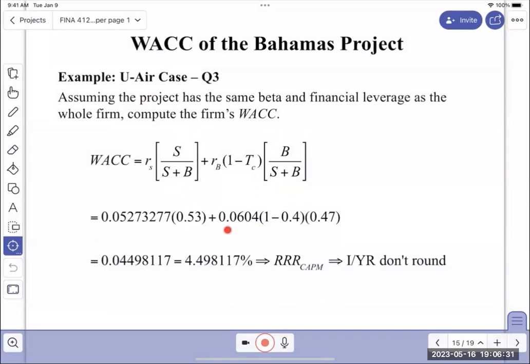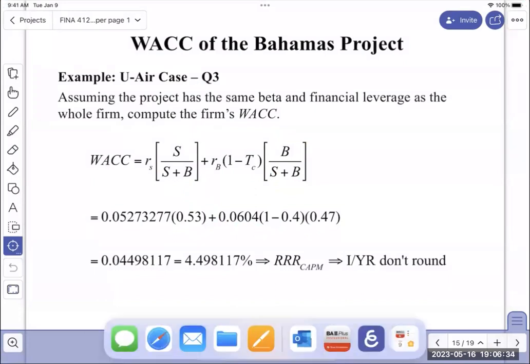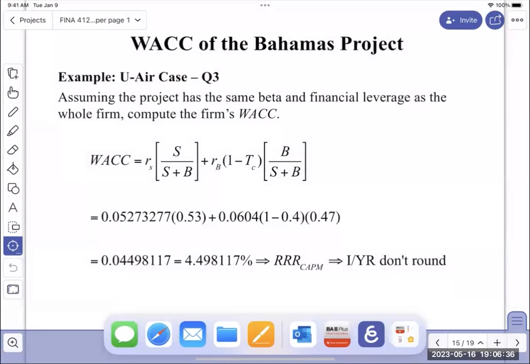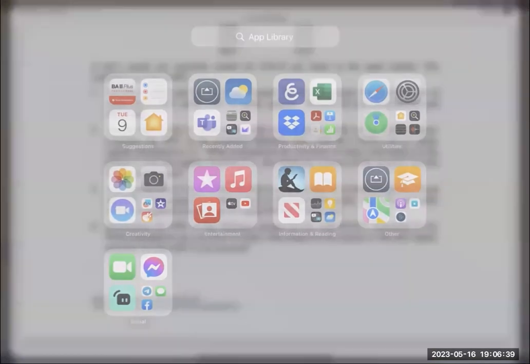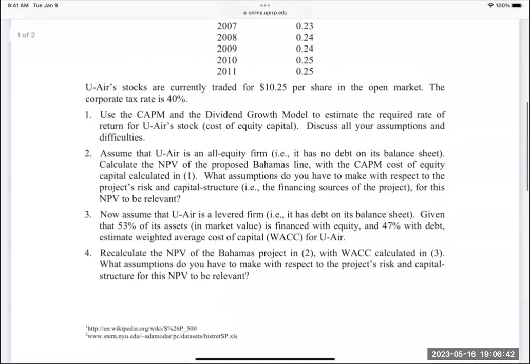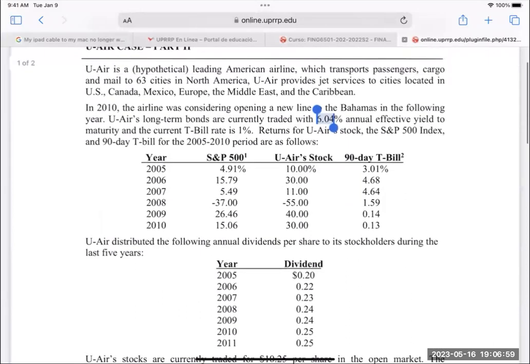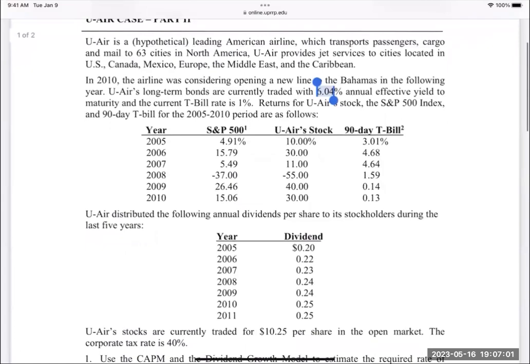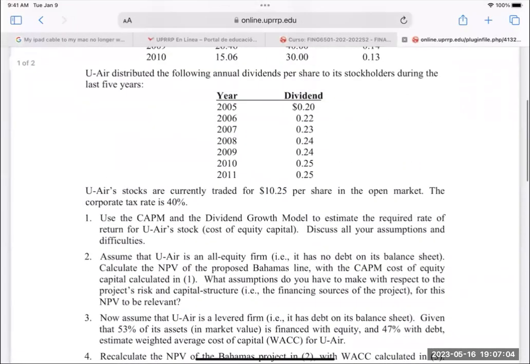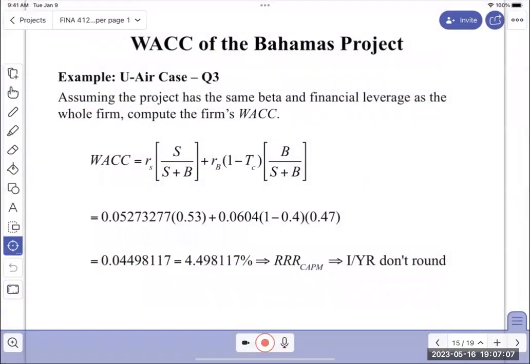This is given as the yield to maturity for debt, which is up here, right here. So it's given as long-term bonds are currently traded for 6.04%. And I don't tell how long the term is, but I do mention the rate, the yield to maturity. So we put that in there. And that's here. And we already calculated the return to equity